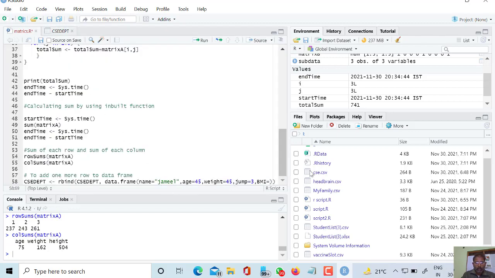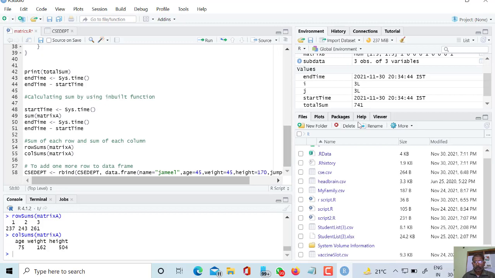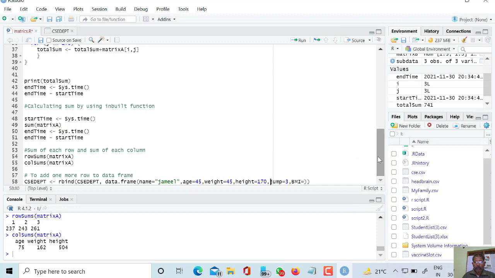Height equal to suppose 170, height equal to 170 and BMI equal to 4500 upon 170 square.